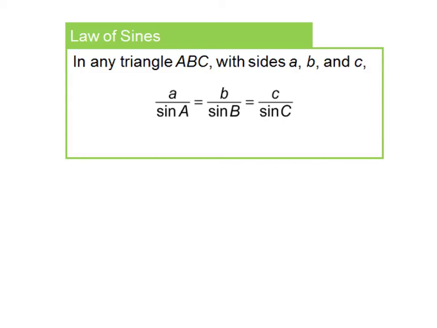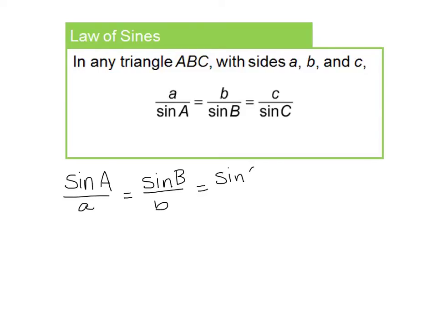And here's what the full law of sines looks like. Now you will usually see me write it in this manner. Sine of A over a is equal to the sine of B over b, which is equal to the sine